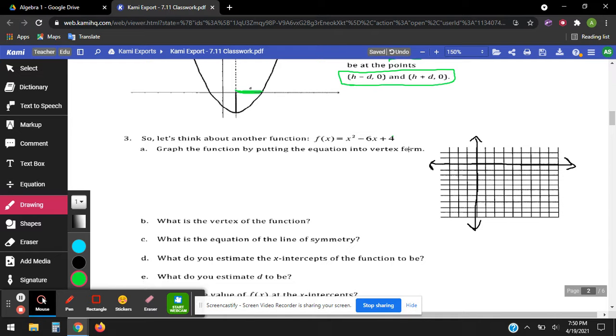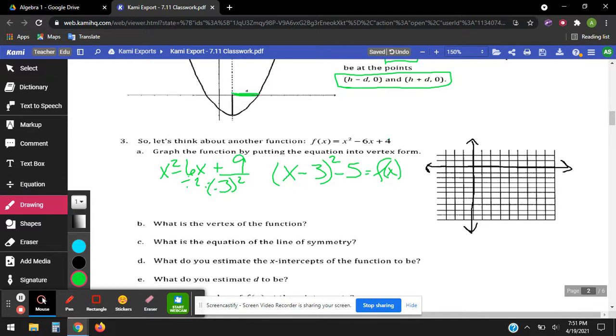So let's try this with number 3. Let's think about this other function, x squared minus 6x plus 4. Let's put it into vertex form. X squared minus 6x plus... okay, so divide by 2 is negative 3, squared equals 9. So I have to go from 9 to 4. So x minus 3 squared minus 5. Okay, so that's the